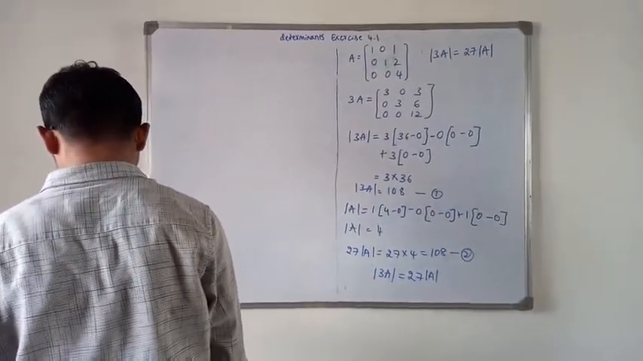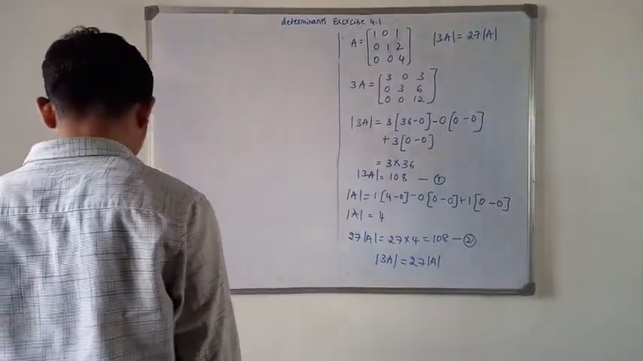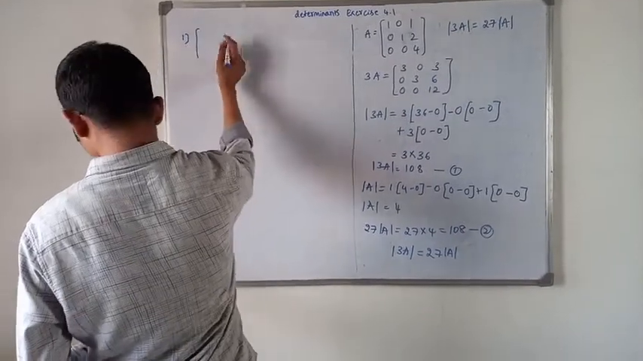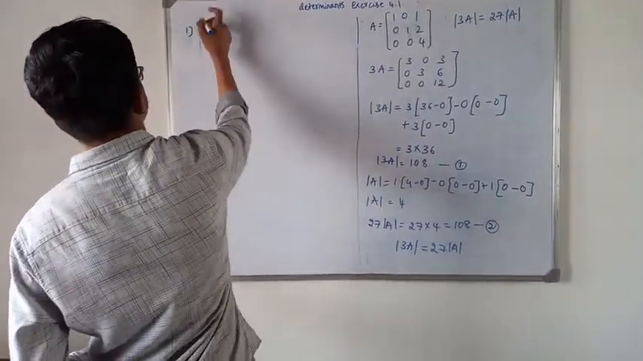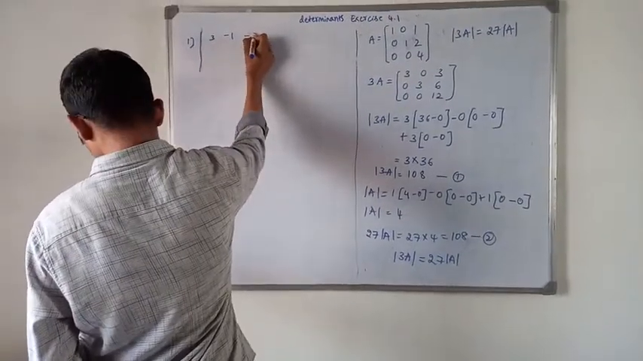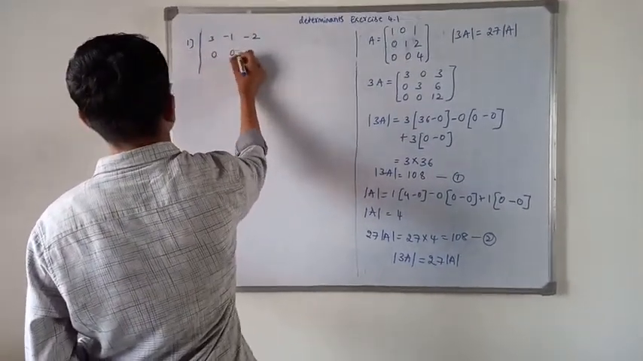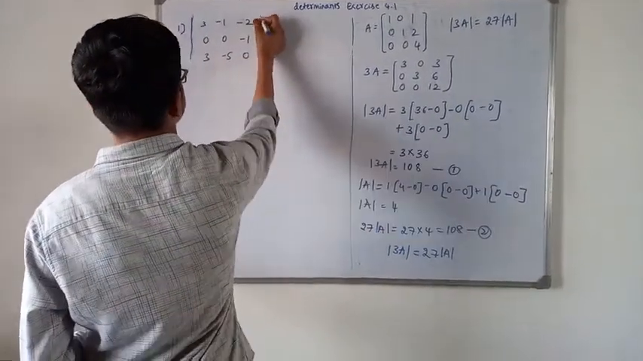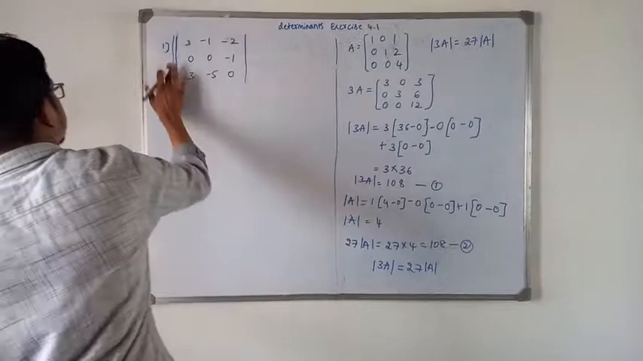Next one is evaluate the determinants. The first one is find the determinant value of the matrix with rows 3 minus 1 minus 2, 0 0 minus 1, 3 minus 5 0. The first one, the given,